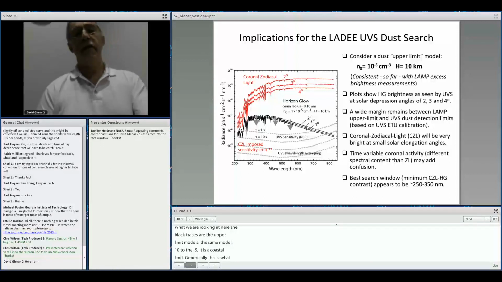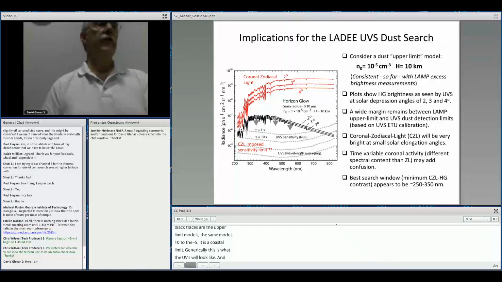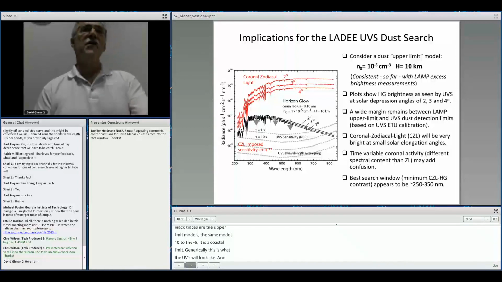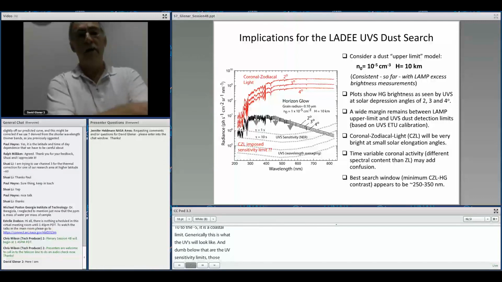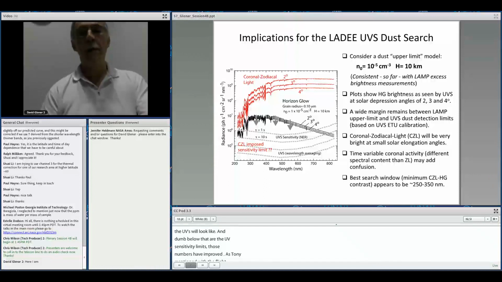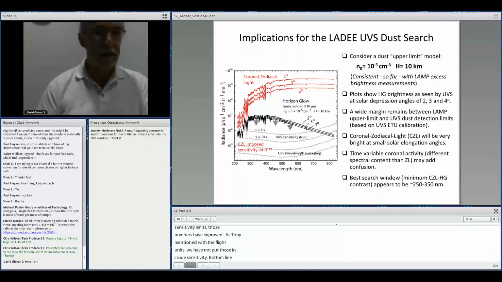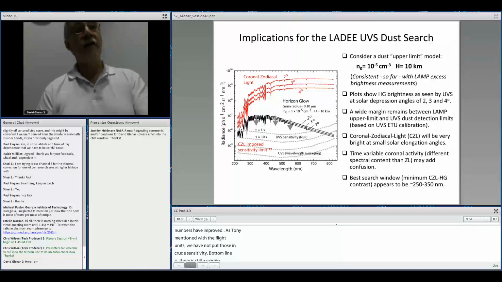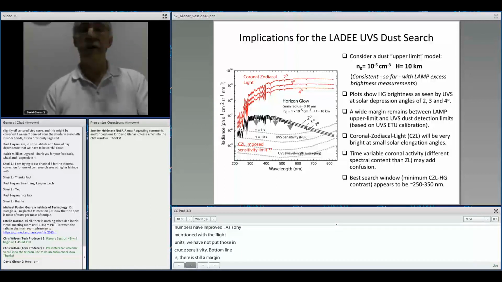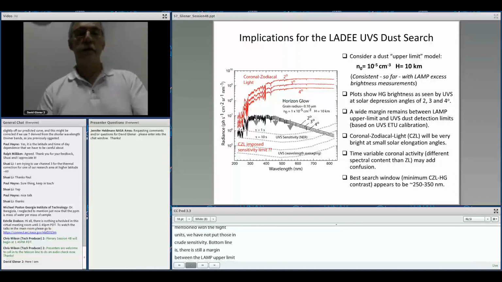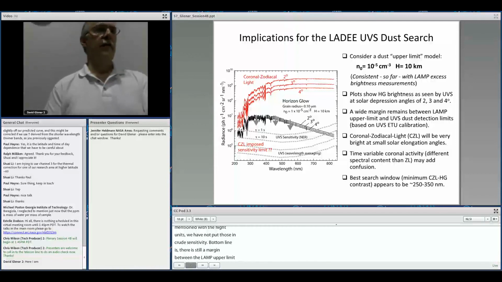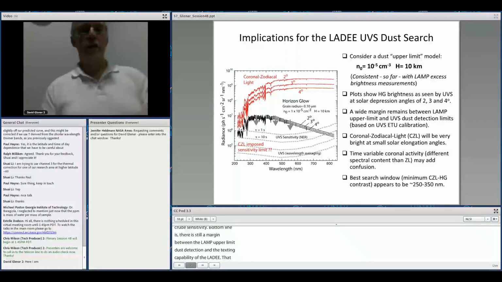And down below that are the UVIS sensitivity limits that were measured using the engineering test unit. Those numbers have actually improved a little bit, Tony Coprie mentions, with the flight unit. We haven't put those improved sensitivity estimates in there. Bottom line is there's still a margin between the LAMP upper limit dust detection and the detection capability of UVIS, and that margin gets even larger as you co-add in wavelength,